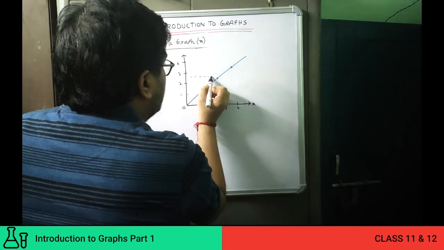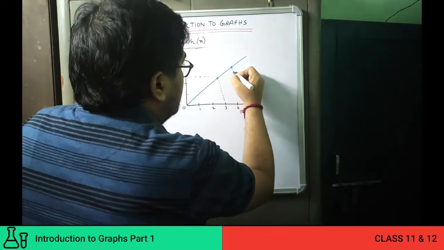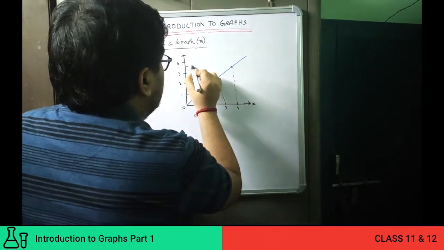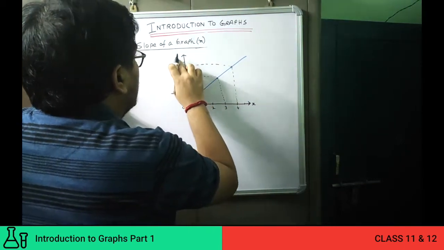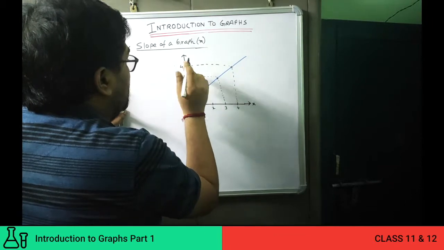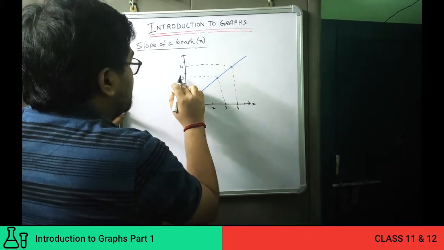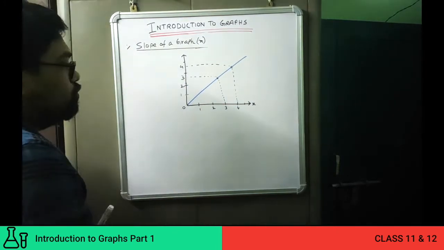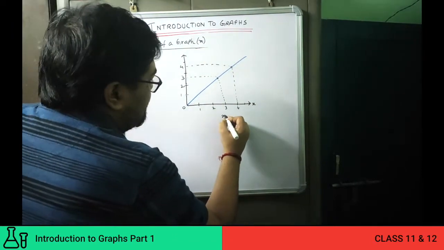You can say this is okay, and we will also plot it in the same way. Suppose for my convenience, I am taking this point as 4, and this point as 3, and lower it a bit and make it as 2. Okay, this is 3 and this is 4. So this is x-axis